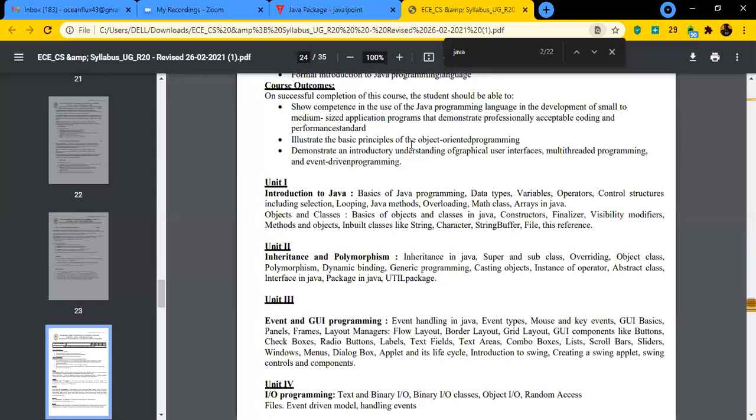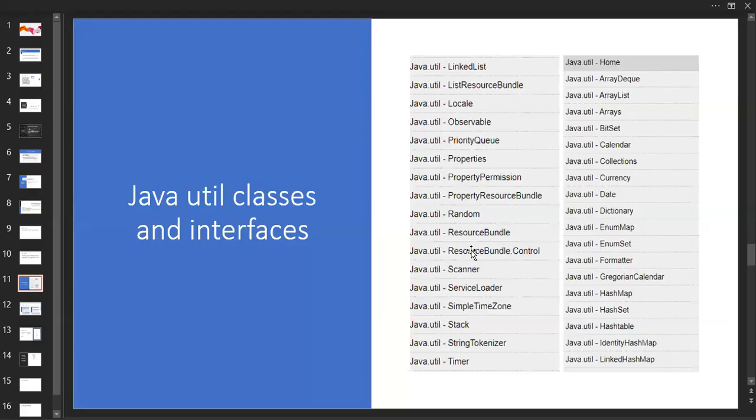And now I'm going for the util package. What is the use of that? So what is this util package? Roughly I'm saying, random. We already discussed random, I think. Yep, we already discussed random and scanner also, we know that one. So there is a linked list. We need to check it out. I think we also checked this out, right? Let me wait a second. I just want to see.